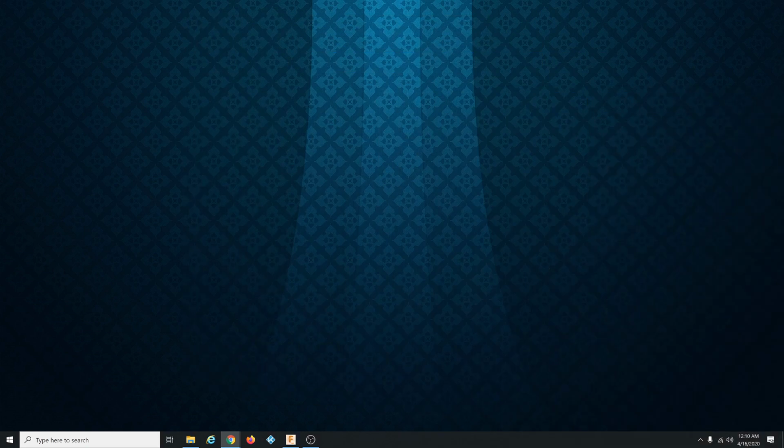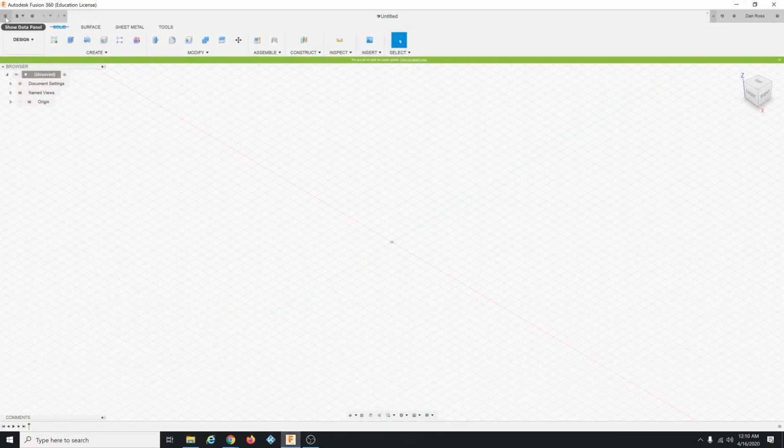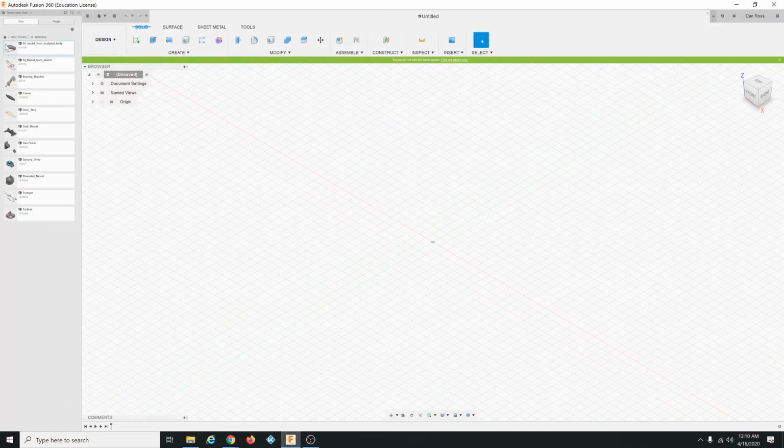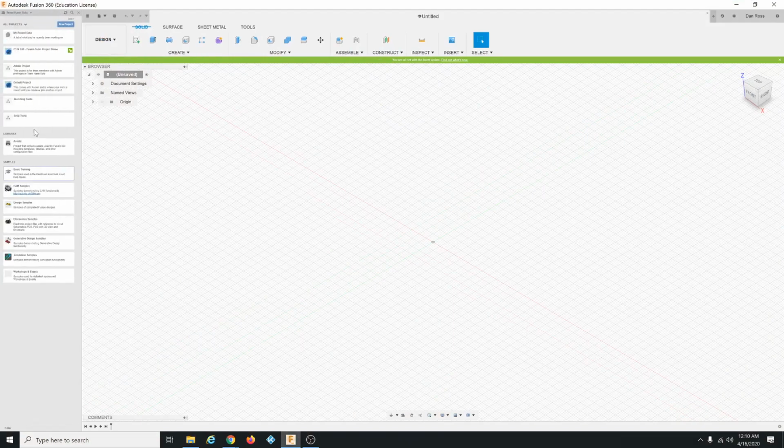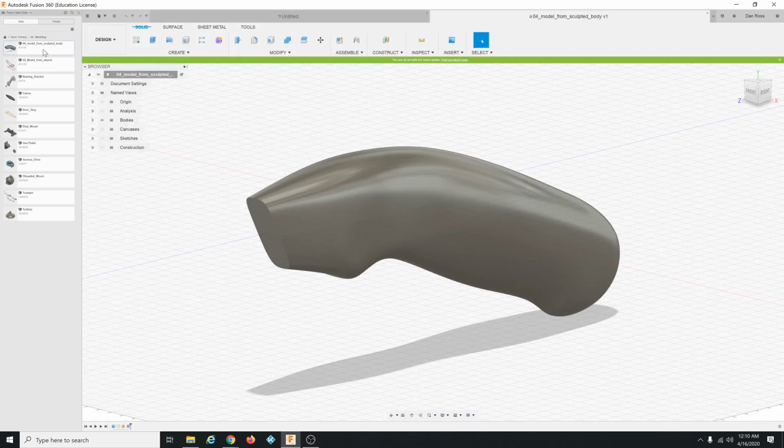So I'll move these instructions off to the side, and I've got Rhino going. I'm going to go to this data panel, home, basic training, double click, 04 modeling, double click. We want to open 04 model from sculpted body. It opens up this thing right here, and if you go to sketches,